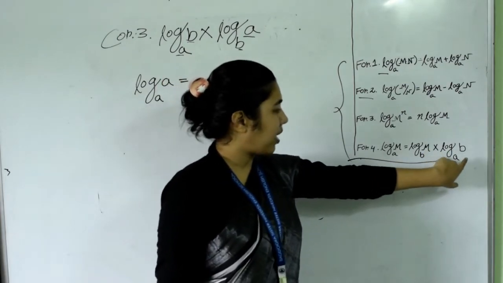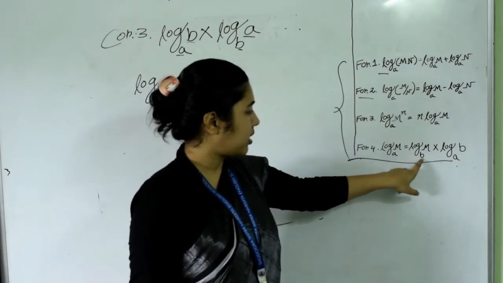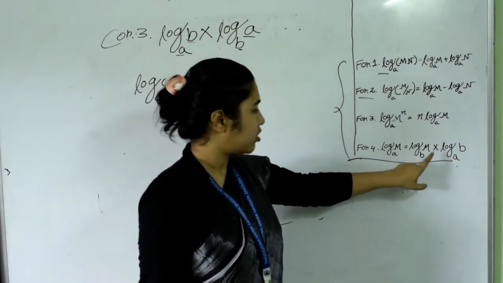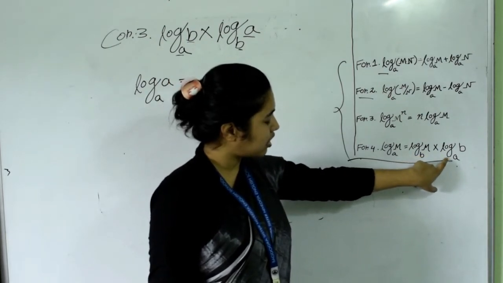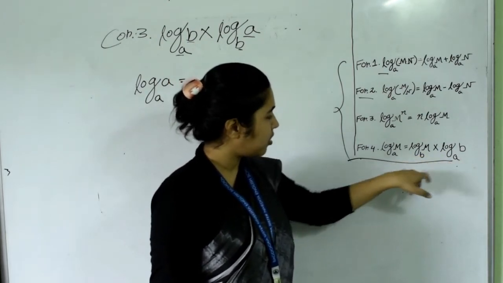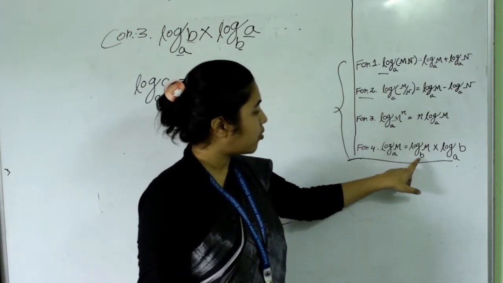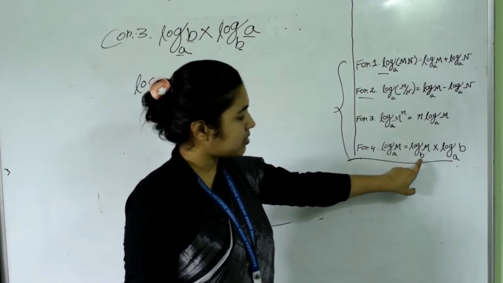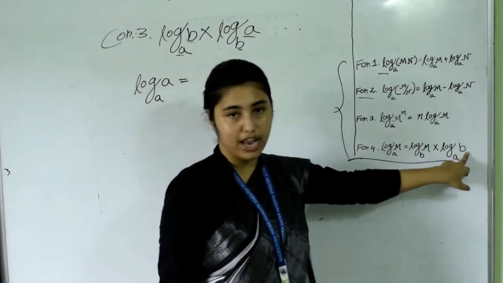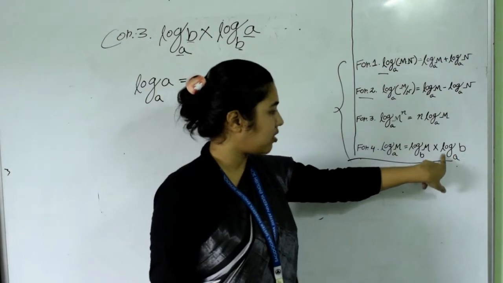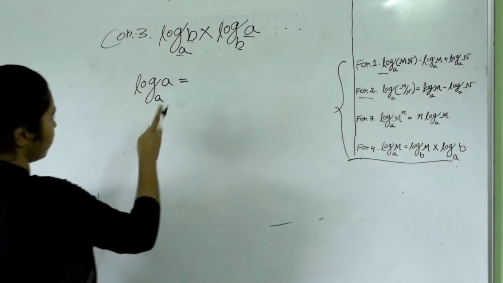Now we have to multiply this term because we have written here b as base. So we have to adjust. That's why we need to write one more term with the same base, which is a, and what we have taken as this base b, we have to take as value. That means we have to multiply log a into b. Now apply the same formula here also.